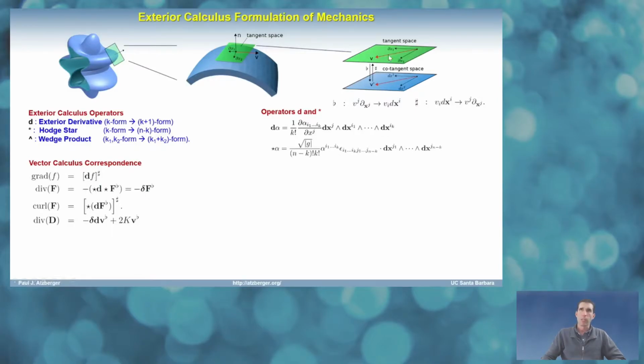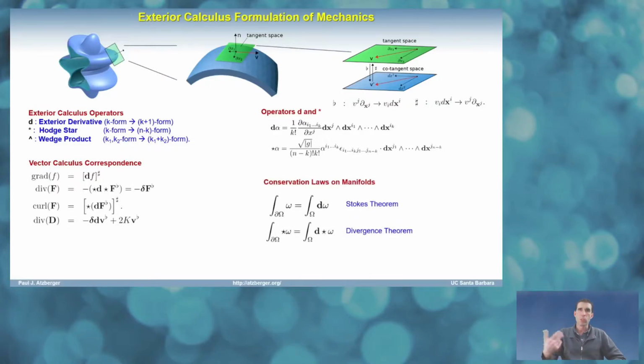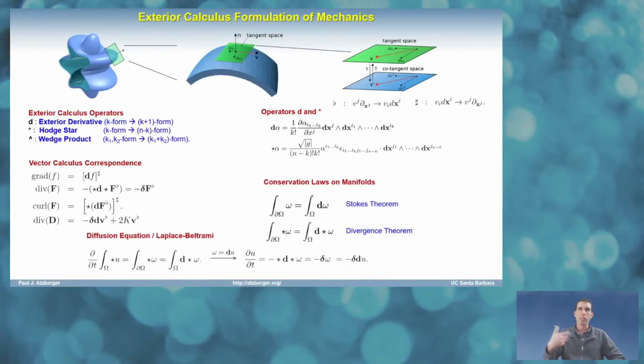And I'll also mention that we'll formulate the mechanics in terms of the cotangent space, using these flat and sharp isomorphisms to move back and forth between vectors and their duals. I'll just also point out over here that you can express important tensors, like for example here, the divergence of the rate of deformation tensor on the surface in terms of these operators, and this would be effectively the contribution of the Newtonian stresses in the interface. So one can use the Stokes theorems to derive effectively conservation laws, as you would in traditional continuum mechanics, but now taking into account these contributions of geometry. And so here I'm just showing the conservation of mass equation, where we've used Fick's law as the constitutive relation to